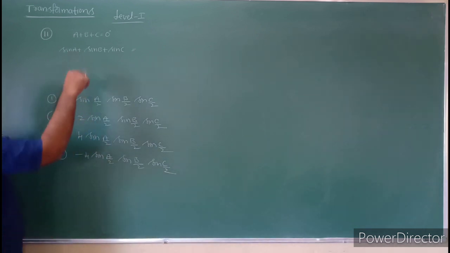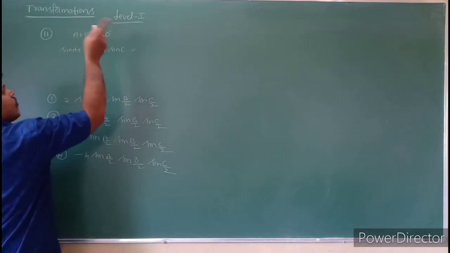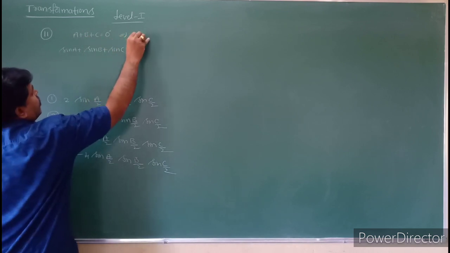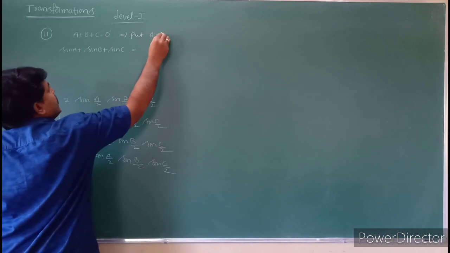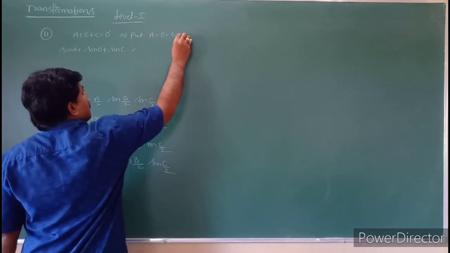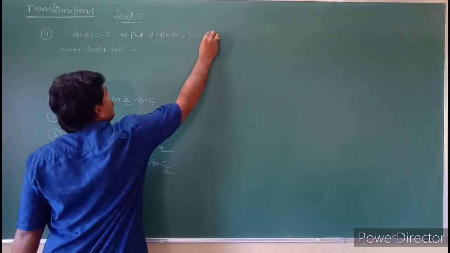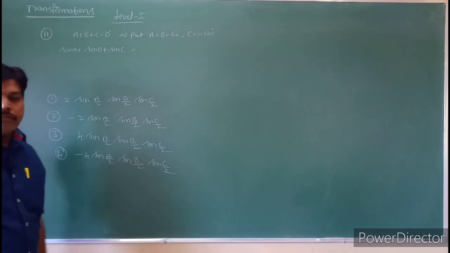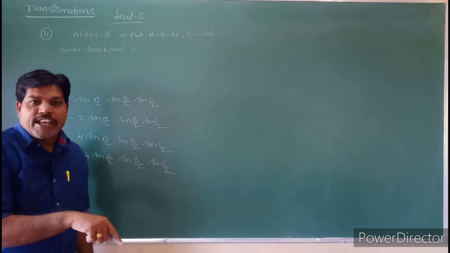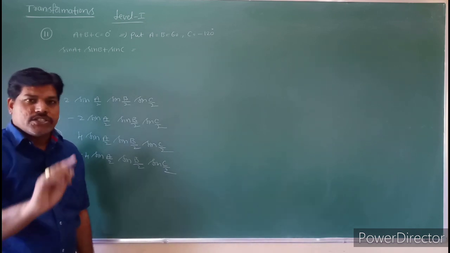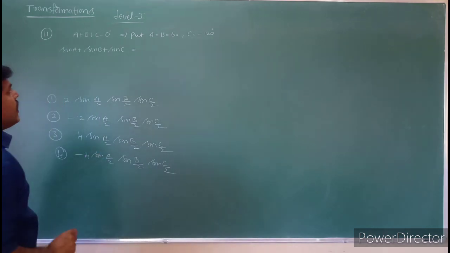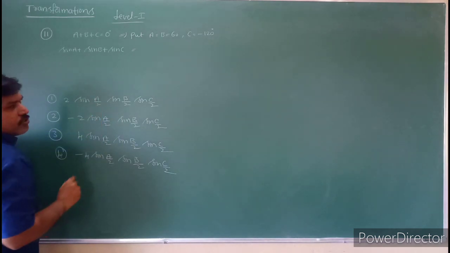So see that question, students. A plus B plus C is 0 degrees, so they are asking this question. Here we have to substitute the angles, where the sum of the angles is 0. So I will put A is equal to B is equal to 60 degrees, and C is equal to minus 120 degrees. A plus B plus C is 0 degrees, yes or no? A and B are 60, C value is minus 120, so automatically the sum of the angles becomes 0. Do you understand that? By our convenience, we have to select the angles. So I am taking these angles, and I will substitute them here and in the options also.